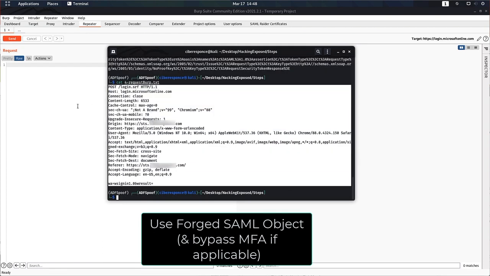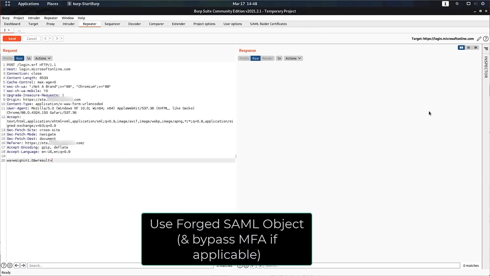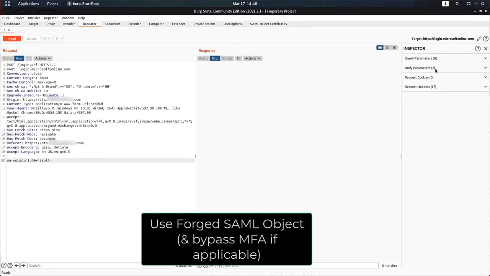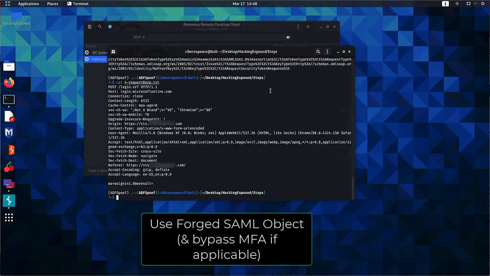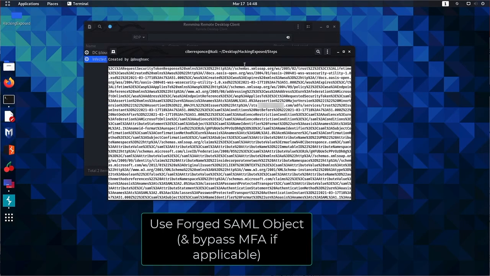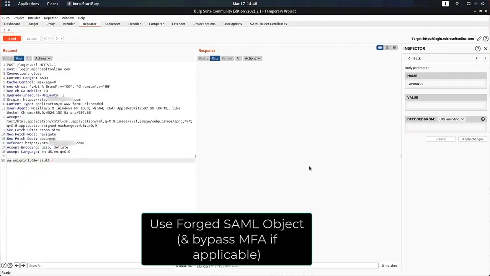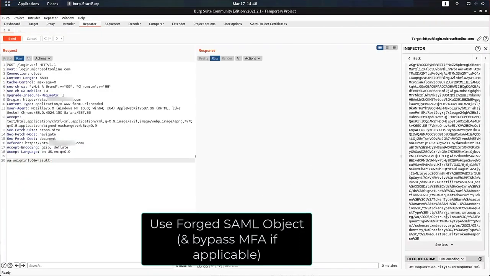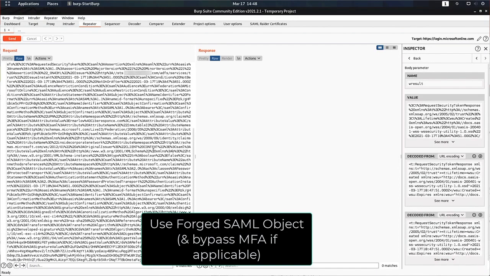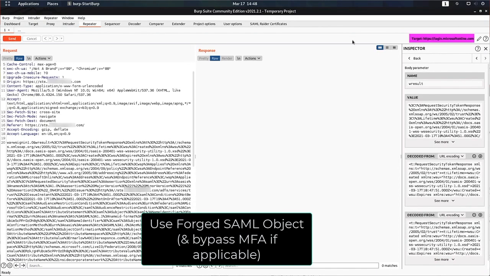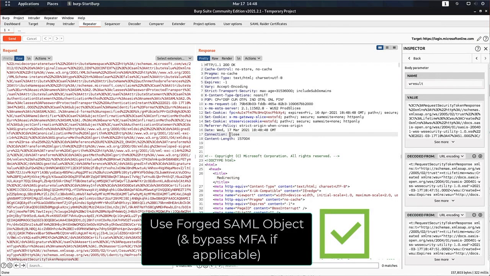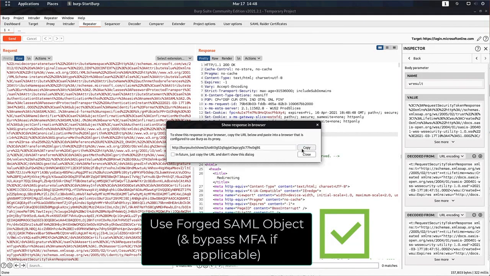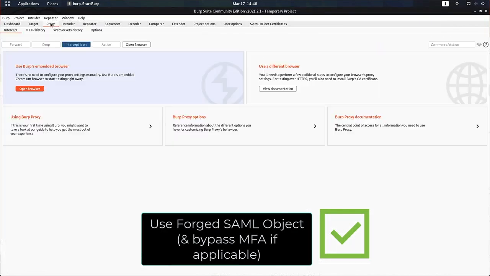I'm copying this token. I'm going to put it in Burp Suite, and I'm going to inject that token into one of the variables that we pass then into this request, again, pointed towards Microsoft Online, which is where that WS Federation exists. I'm writing that root of trust with a properly forged SAML authentication object, and Azure is going to accept it. I would then get granted access to everything Marlowe has access to, including all of Azure, including all of Office 365, including all security products on top of Azure, including Microsoft Defender for Endpoint, and any other